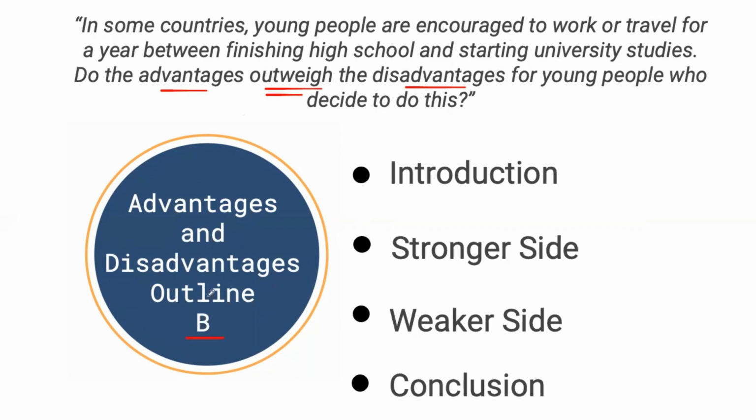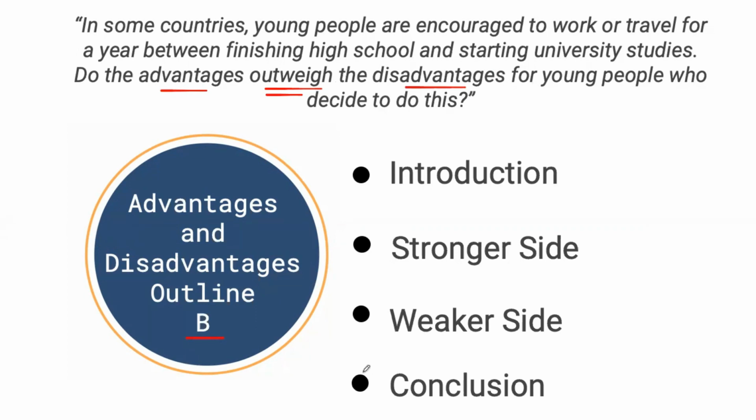All right, now this is also what we're going to be doing today. It's considered one of the most complicated and also one of the most unique types of questions in general in the writing exam because you are giving your opinion by stating which side is stronger and which side is weaker, but you don't have a designated opinion space. This is one of the more common advantages and disadvantages writing prompts, so be aware of that. Your outline will basically look like this. You'll have an introduction, a stronger side in your second paragraph, a weaker side in your third paragraph, and your